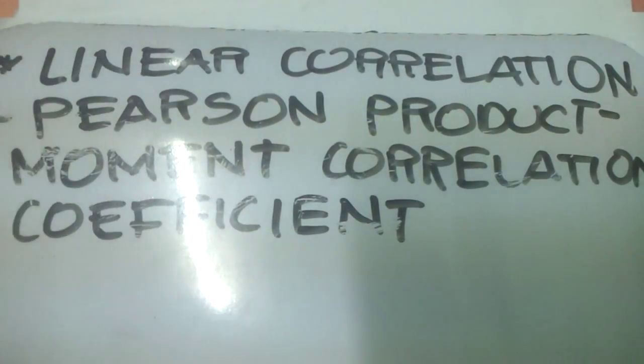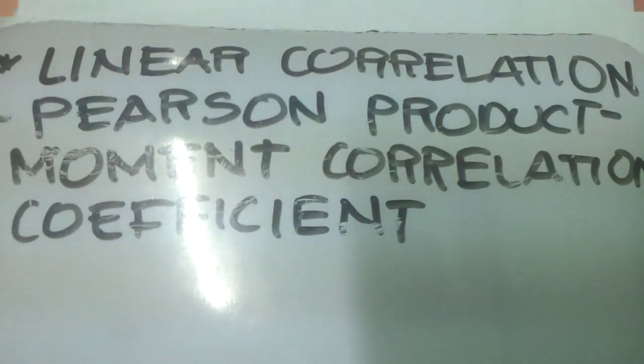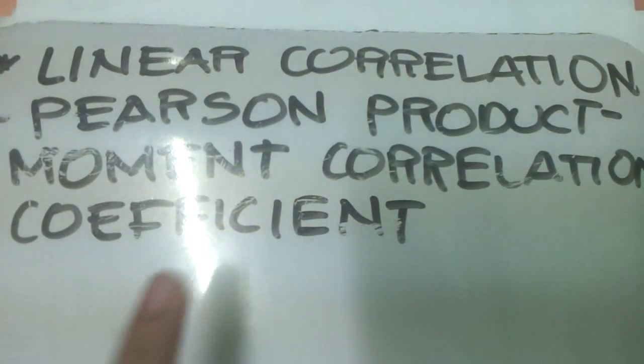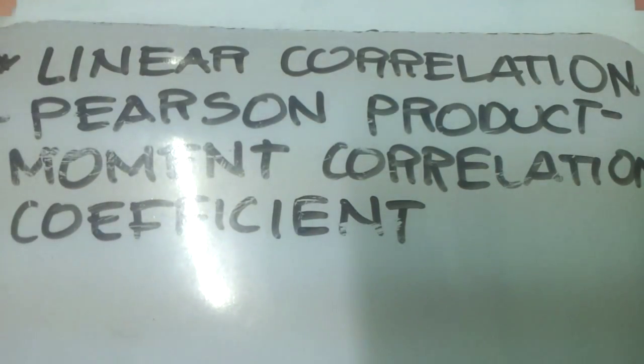Linear correlation. When two variables are mathematically associated, they are said to be correlated. The correlation coefficient measures the degree of relationship between these two variables. And in order to get this, we will use the formula of Pearson product moment correlation coefficient, which is known as